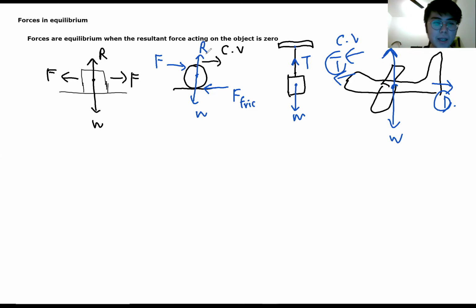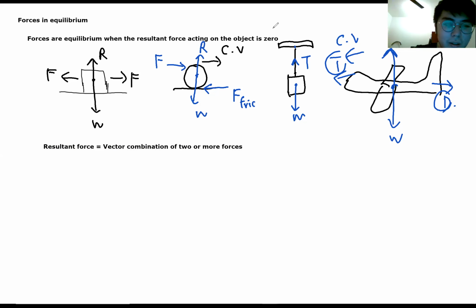So from all of this, we know that we can summarize resultant force in a few words. Resultant force is actually the combined, to be more specific, vector combination of two or more forces. Okay, resultant force is nothing but the vector combination of two or more forces. 什么意思是 vector combination？vector 就是有方向。OK，有方向的我们加它，可是是有方向的加。